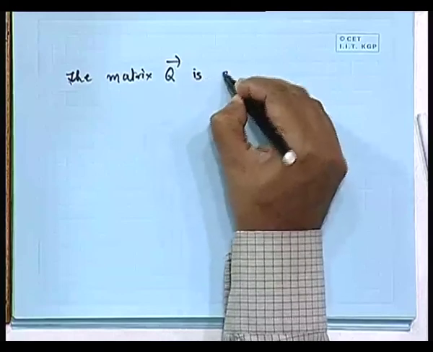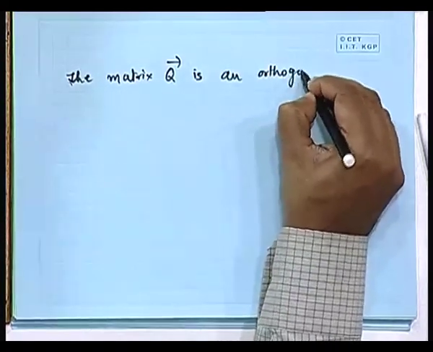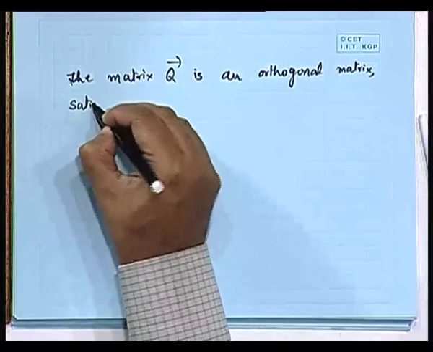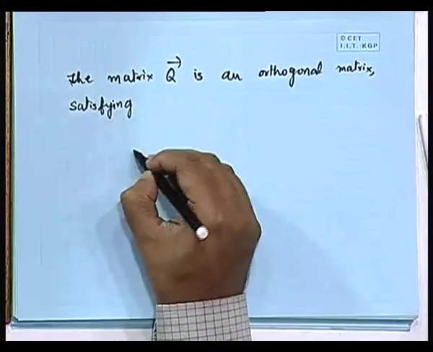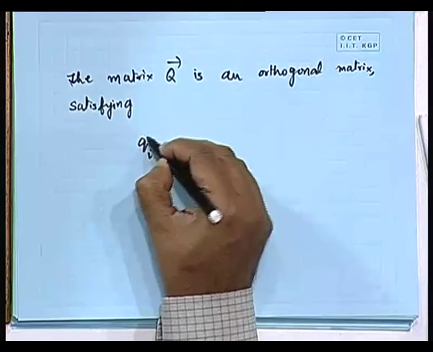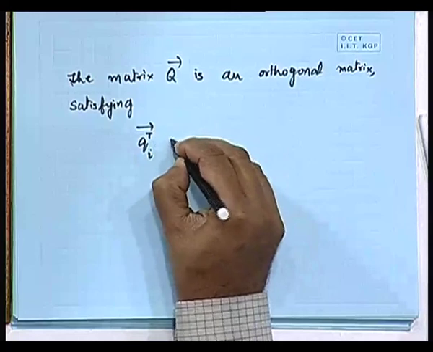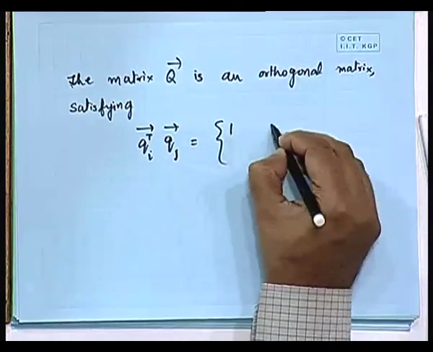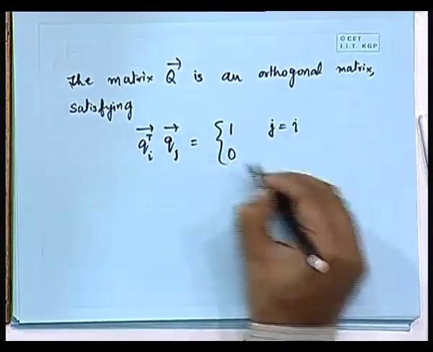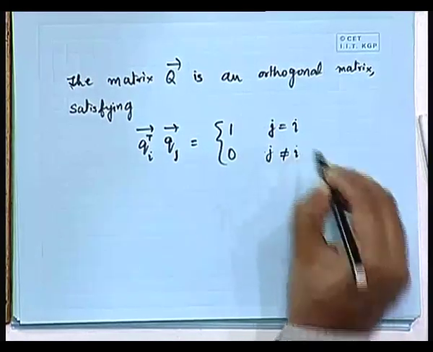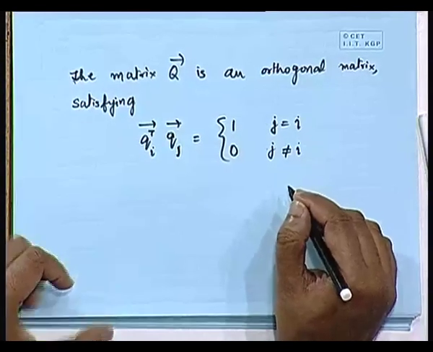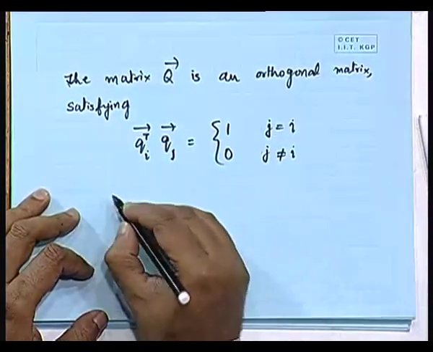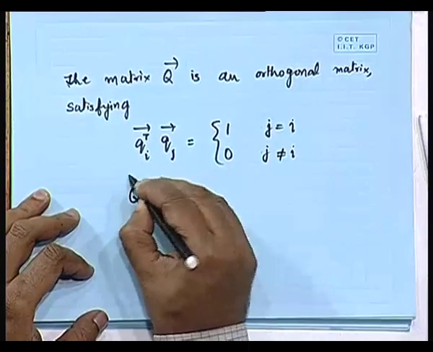is an orthogonal matrix, which satisfies the following. Take any column q i, take the transpose of this and take the dot product of this with q j. You will find that this is equal to 1 when j is equal to i, and this is equal to 0 otherwise. So, for j not equal to i, this is equal to 0. So, Q is an orthogonal matrix, or to say, from the orthogonality property we can write down that q transpose